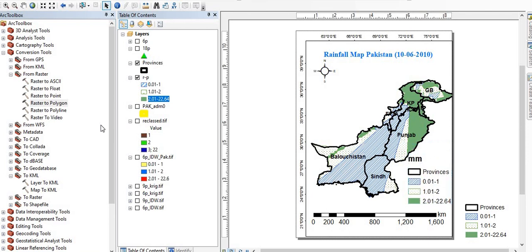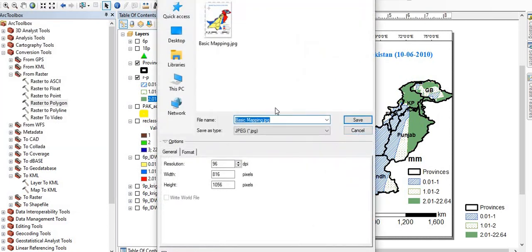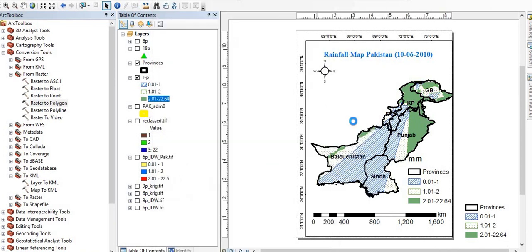So for printing any map, the map which we have prepared, this one or this one, you have to go to File and Export Map and go to your folder. I am naming it, this is our previous map, and this is R2P, or black and white map. And here we have formats, JPG or any format you want. Here we have resolution, 300 resolution is okay, and you can save it. So it is being processed.